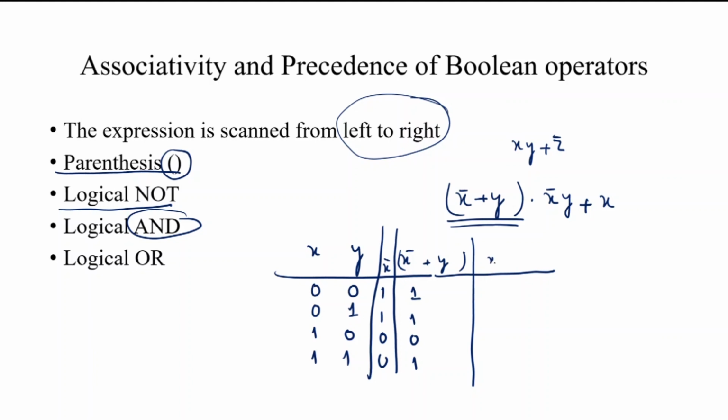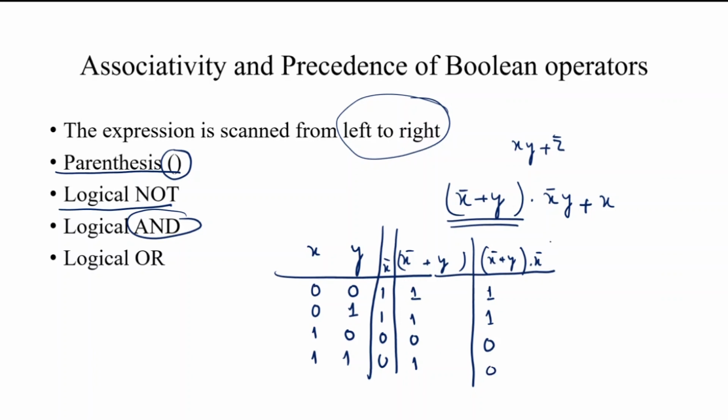This is x complement plus y dot x complement. This is x complement plus y, and this is x complement. What will be the output? Both are multiplied together, and we get the result 1 1 1 1 0 0 0 0 1. The AND operation gives a result that is 0.